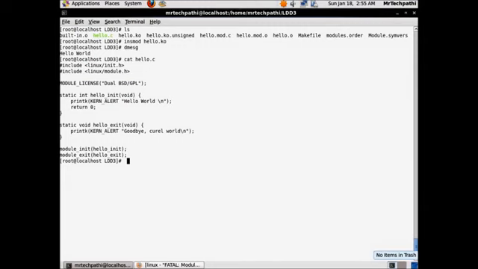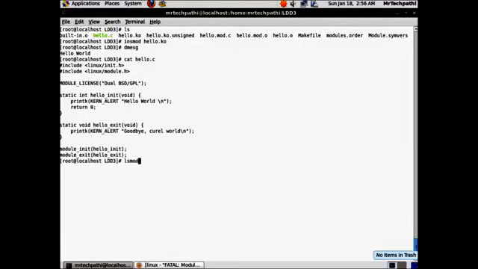Since we have already completed the theoretical part, let's go ahead with the practical part. We have already seen the usage of the insmod command. We'll see how the rmmod command is used for removing the module, and we'll also see the lsmod command for listing the modules, and we'll see the modprobe command for loading the modules, and how the modprobe command is used for removing kernel modules. First, let's list the kernel modules. I'll use the lsmod command for this. I'll type lsmod